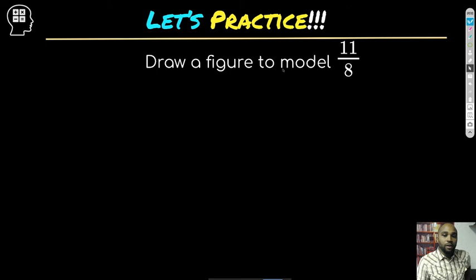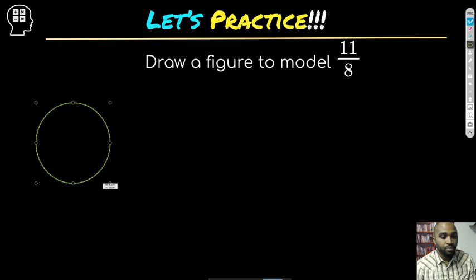Draw a figure to model 11/8. So now we're going backwards, and they're asking us to draw a figure. Instead of giving us a figure, they're asking us to draw a figure that represents this. So I'm going to draw, let's do a circle. We could do a rectangle, but circles are much easier to break down. So I'm going to do a circle, and I'll just use my pen to draw this